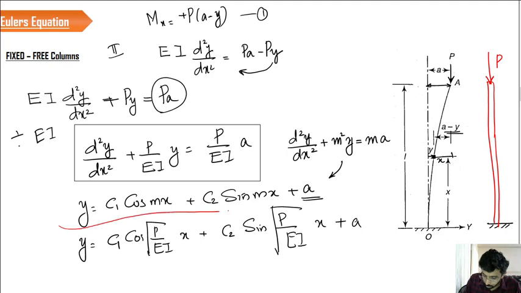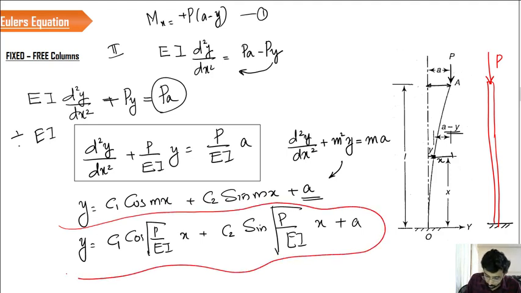This is the expression we have, so we have completed the third step. Now what is the next step? We have to find the value of constants c1 and c2 using the boundary conditions. That's the most important part. The boundary condition is the one that converts this general solution into the solution of our particular problem. So the values of c1 and c2 depend purely on the boundary conditions. So what are the boundary conditions that we can apply here?